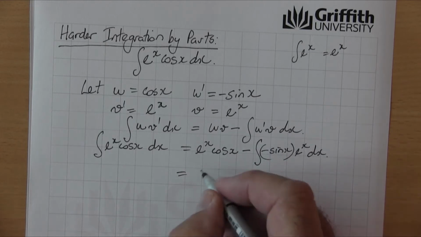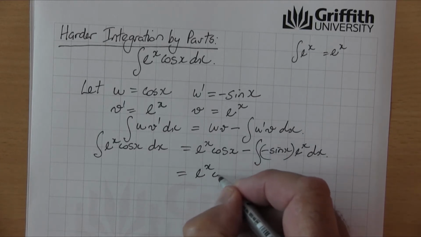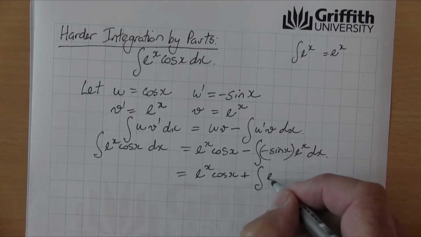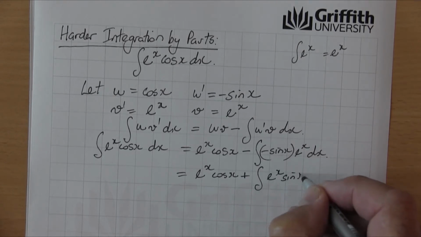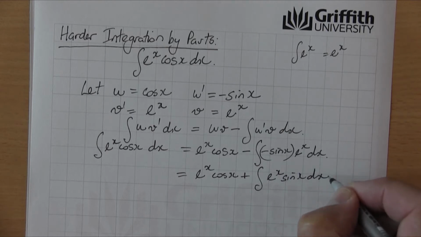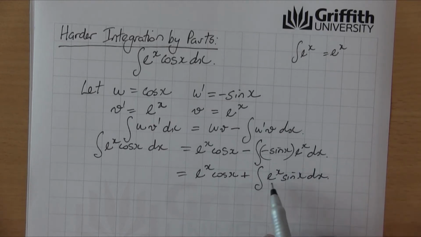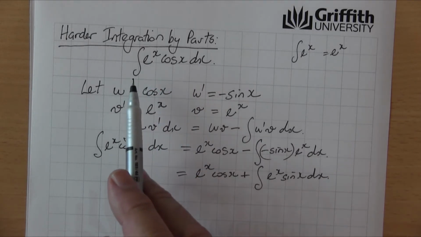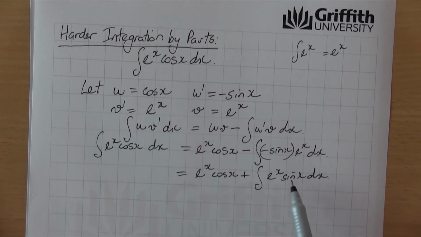Minus, we can make it into a plus, so we've got e to the x cos x plus the integral of e to the x sin x dx. Now that is no simpler than e to the x cos x,